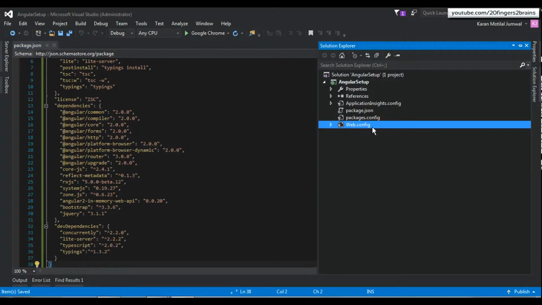The next file I'm going to add is tsconfig.json.